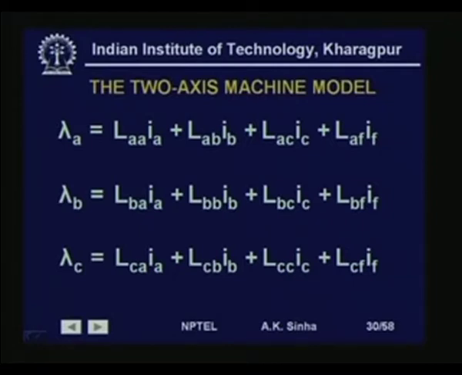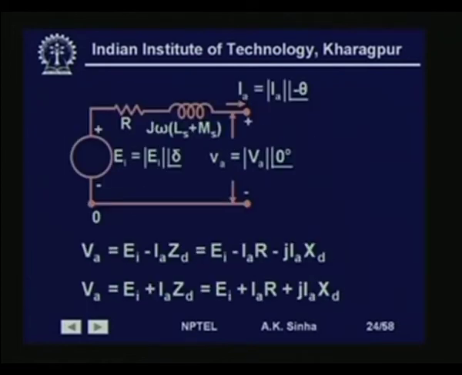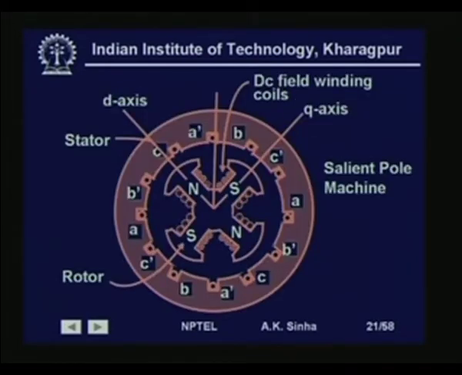But in case of salient pole machines, if you see here, the air gap in the pole region and between the interpole region is very much different, and therefore, the reluctance of the paths are different, and therefore, the inductances are going to be very different, and therefore, we cannot use a